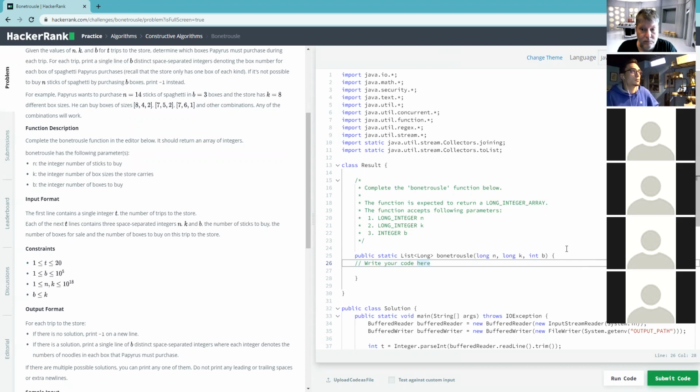I could go ahead and say what I think. So the input is n, which is the number of sticks we want to buy. It's k, the number of boxes in the store, and then b, the number of boxes we want to buy. And what's really important is k is not only how many boxes are in the store,